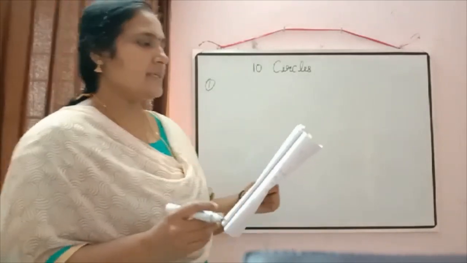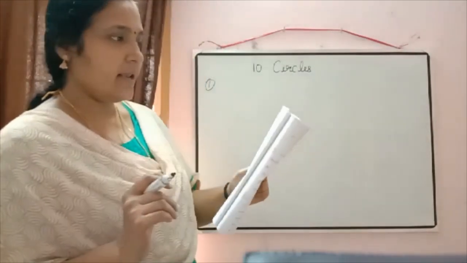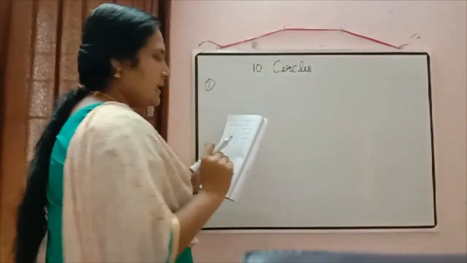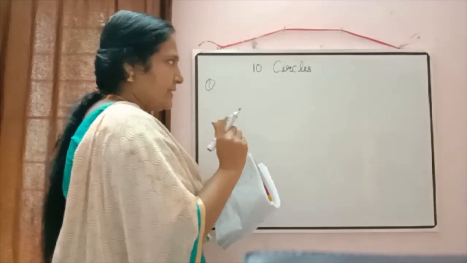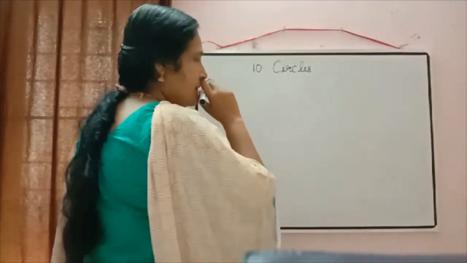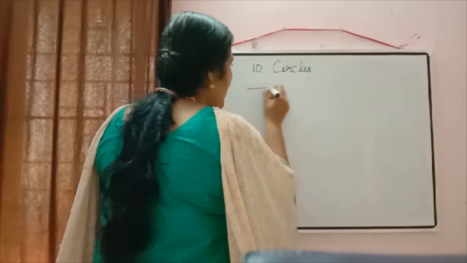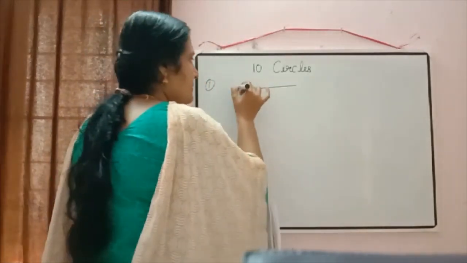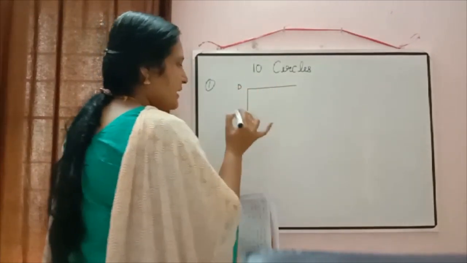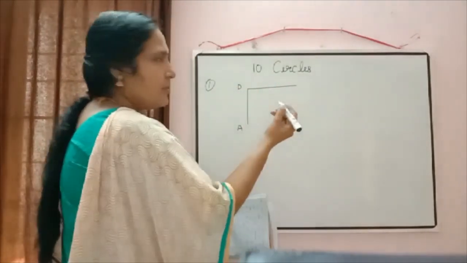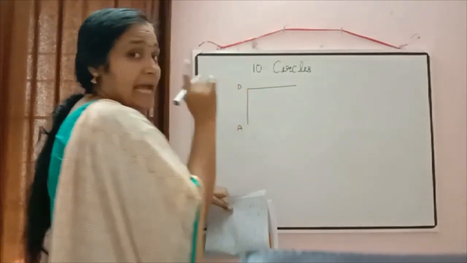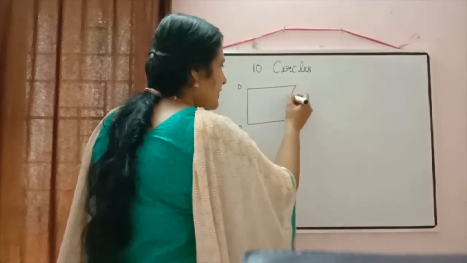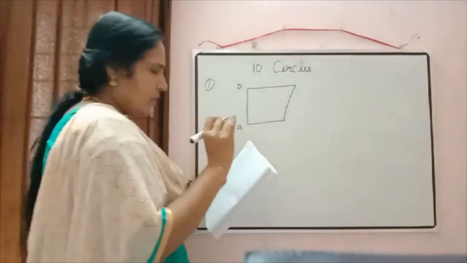In the first question it is written: ABCD is a quadrilateral such that angle D is equal to 90 degrees. So we will draw a quadrilateral in which angle D is 90 degrees. Suppose I am marking the point D here, and here we have to draw two straight lines. Here we can write A. The remaining you can change if you want, because we need only angle D to be 90 degrees. The rest is your choice only, in how many ways you can draw it depends on you.